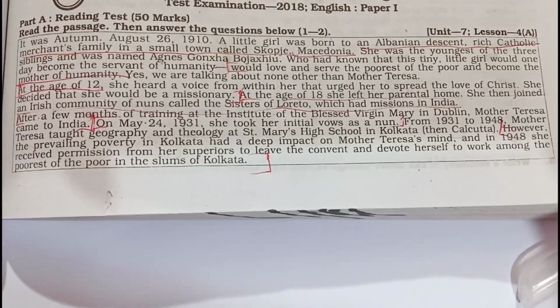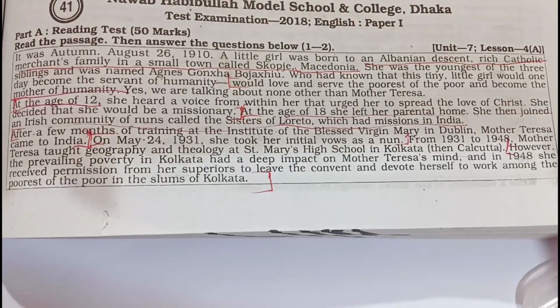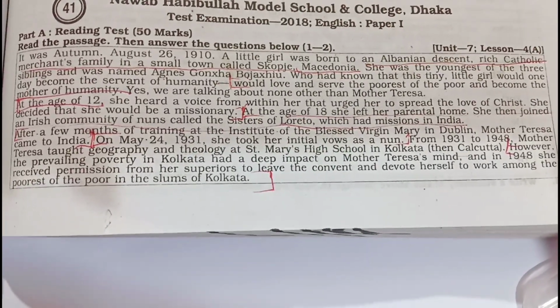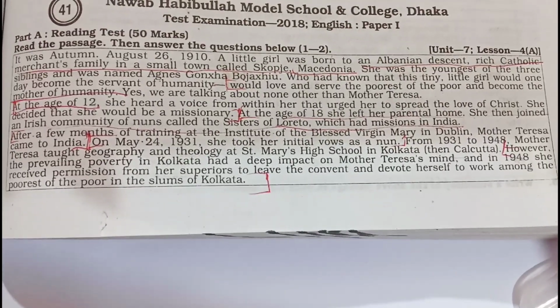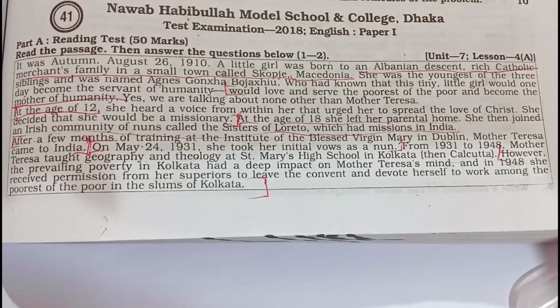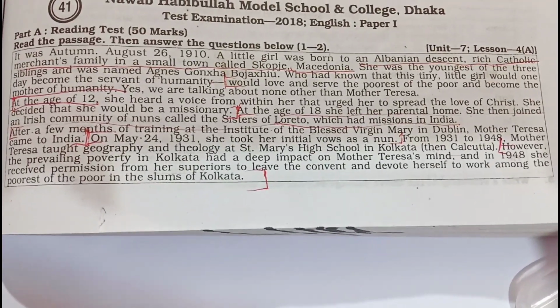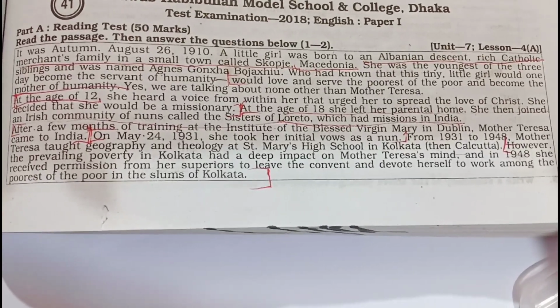However, the prevailing poverty in Calcutta had a deep impact on Mother Teresa's mind, and in 1948 she received permission from her superiors to leave the convent and devote herself to work among the poorest of the poor in the slums of Calcutta. So, dear students, you can see